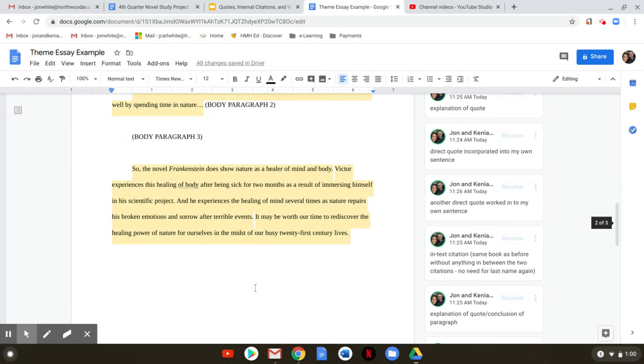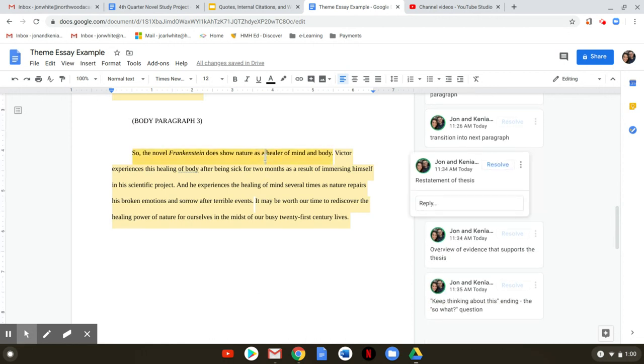Okay? In my restatement, Frankenstein shows nature as a healer of mind and body. Now that I've come to the bottom of my essay, I know what I have written and I know exactly what details and support I've used. I may actually